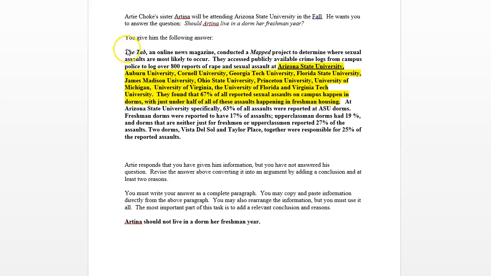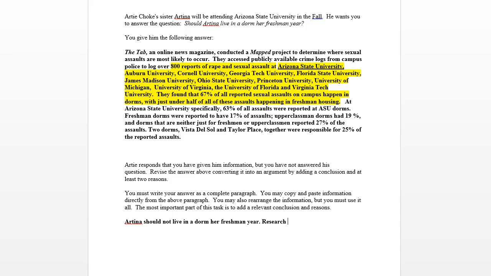Now, if I look at this first part, and I'm going to highlight it all in yellow right here, you'll notice that all of this is talking about colleges across the board. So we're not talking about just Arizona State University. We're talking about dorms across the country. So one of the things that I think we could probably say there is that this particular portion deals with research. First of all, we have research studies. So I'm going to start with that. Research